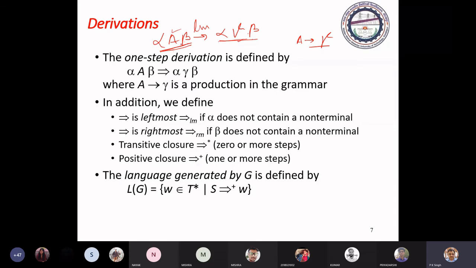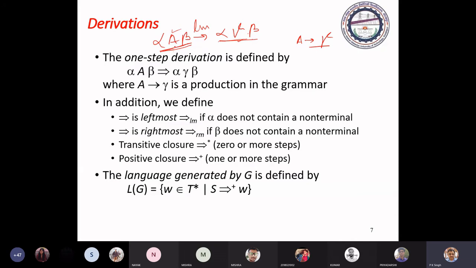Second case, if alpha is a string of terminals and non-terminals, and beta is a string of only terminal symbols, then in this string alpha A beta, A will be the rightmost non-terminal symbol.